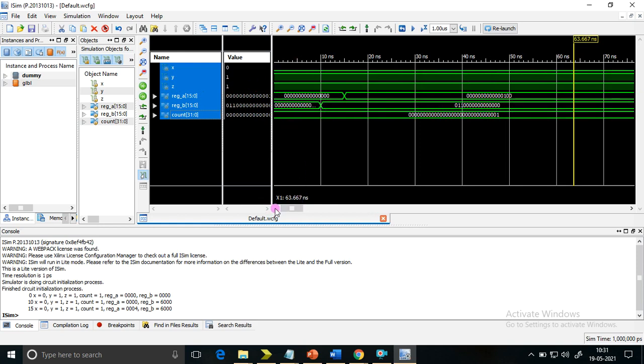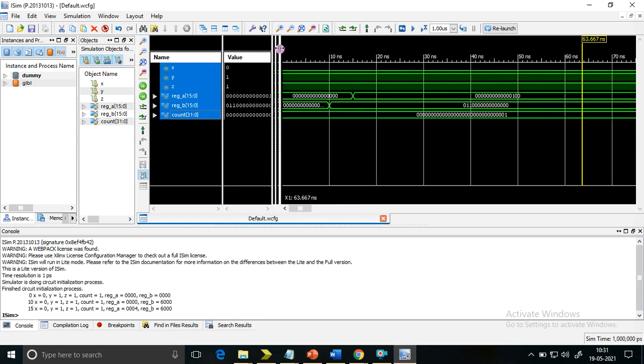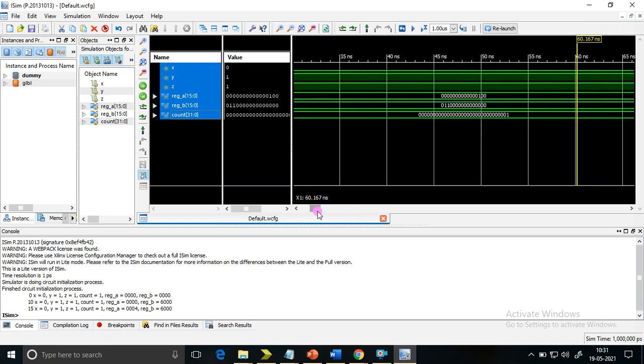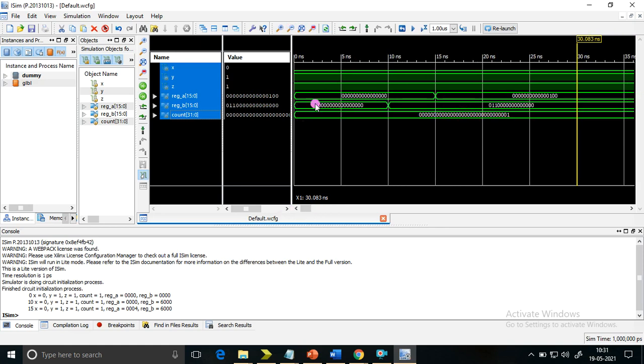All these things are happening at 0 simulation time itself, and one more thing is happening. Count is already incremented.